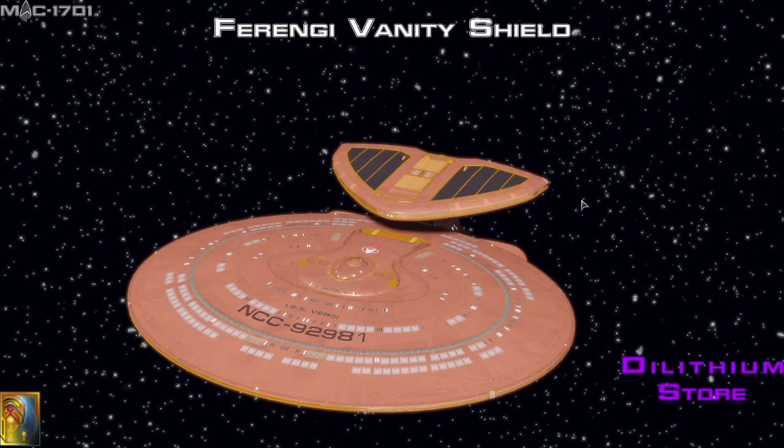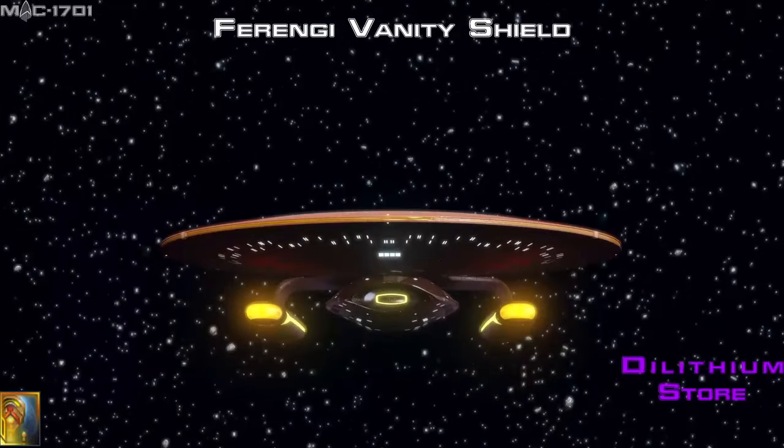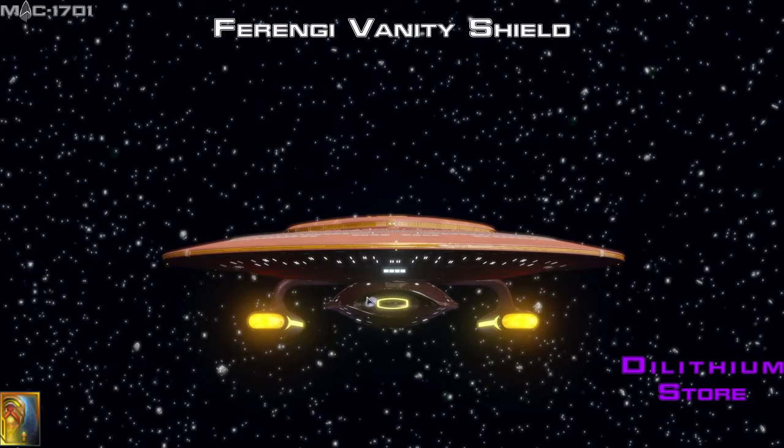Here we have the Ferengi Vanity Shield. So we've got this orange patterned hull material. So it's the same that we see on the Ferengi vessels in the TV shows. You can see the rivet detail there as well, along with some gold shading also. And we have this blacked out deflector there, very reflective, just with the yellow outline of the centre part. Then we have this